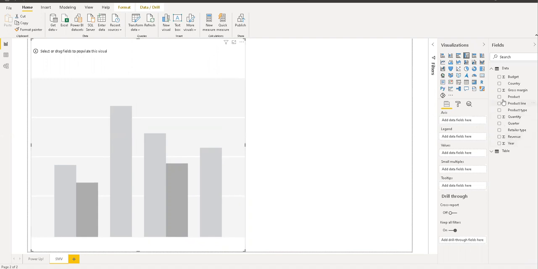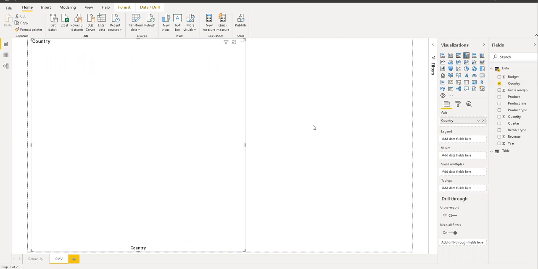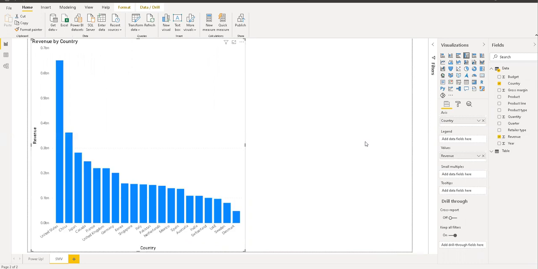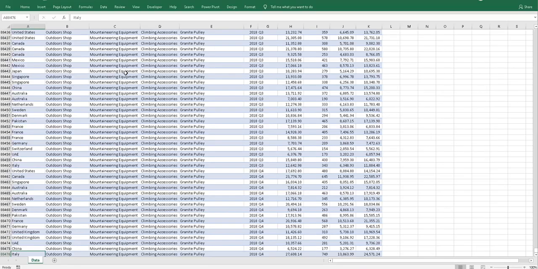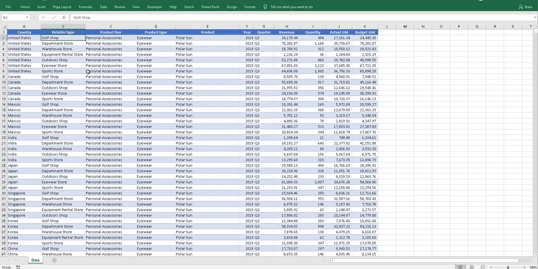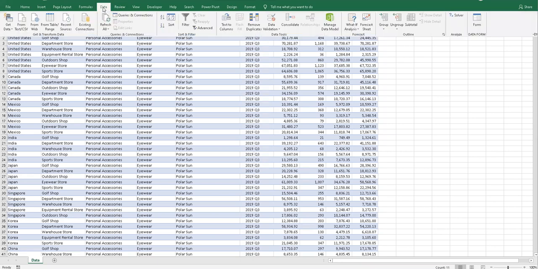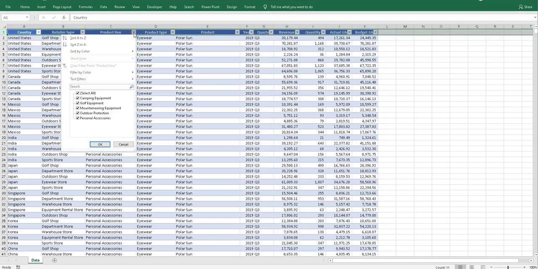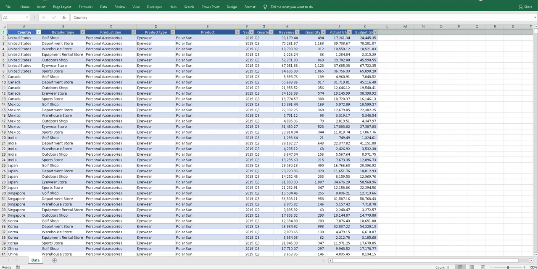Now we will take countries. Right now it looks normal to you, and then we take revenue. It looks okay. So far, so good. Now, the most important thing, which is the beauty, is the new thing which has been introduced. If we go over in our data, in the country, I just want it with the product line. I have only 5 product lines over here, so I don't want to clutter the data. So we will go for the product line.